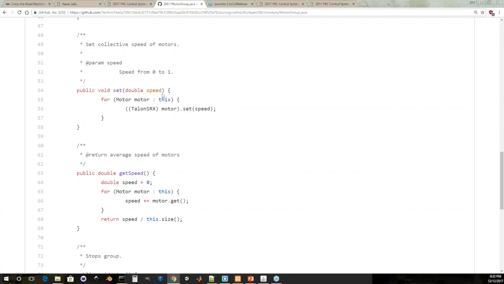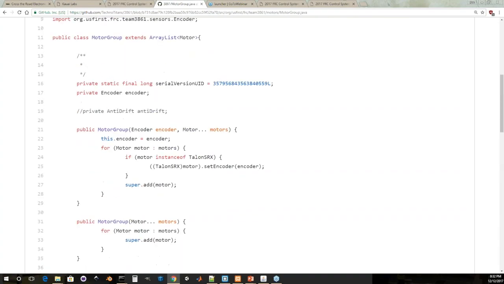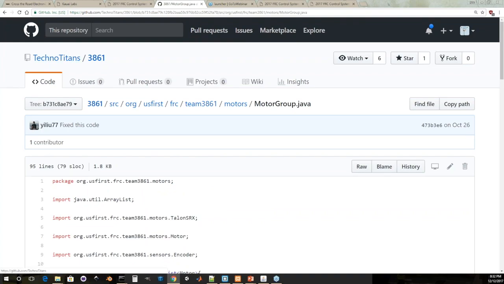But there are some other subtle differences around the Talon SRX API, so please check your code after you get the WPILib suite. You can also check some of our code. I'm going to go there now. So if you go to,